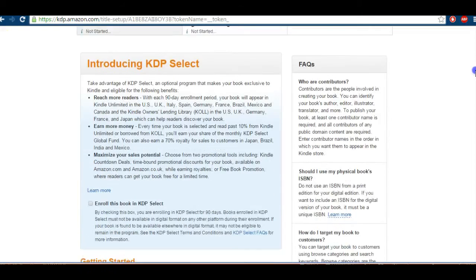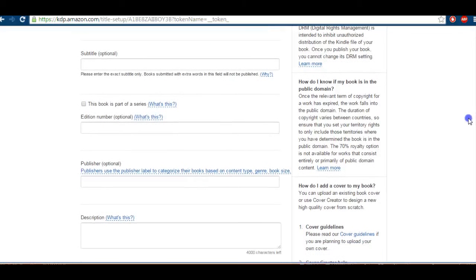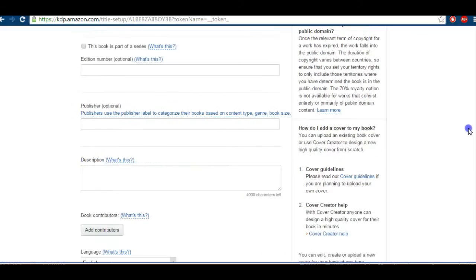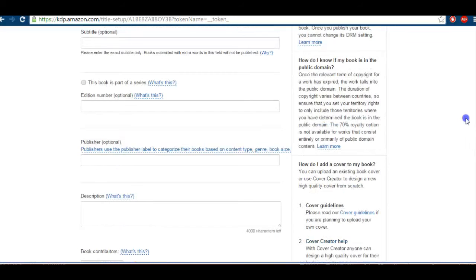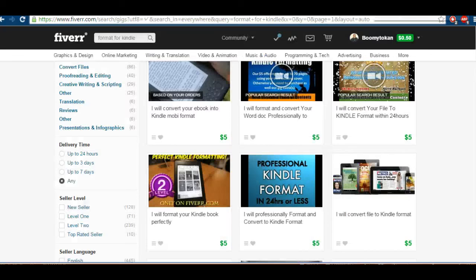It would format the book and get it ready for you to upload on Kindle, because you cannot just upload any written material onto the Kindle site. It's going to reject it. So you want to just make sure you format that. Okay, so once that's formatted,